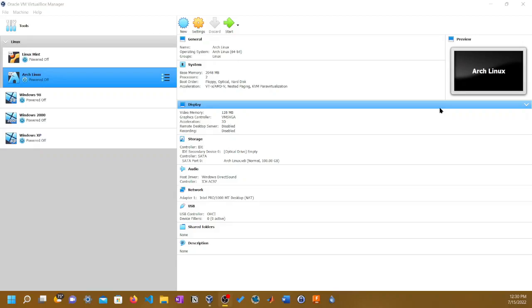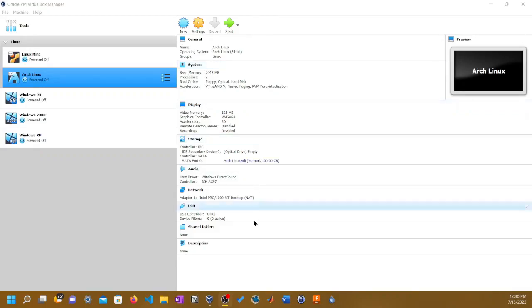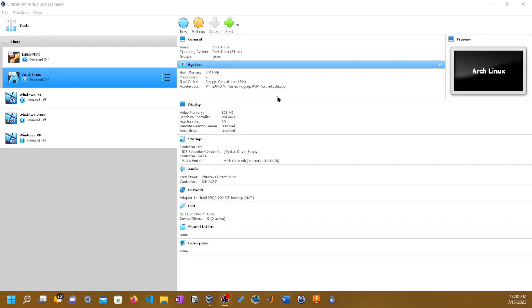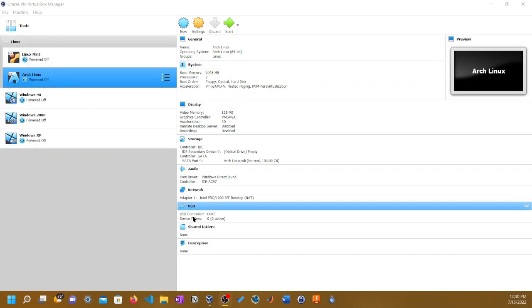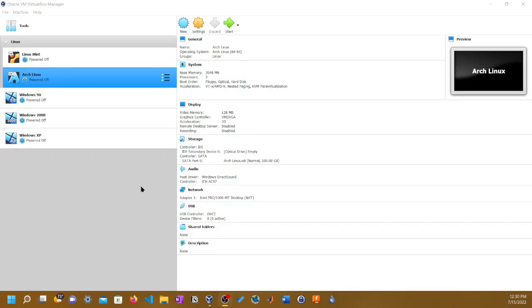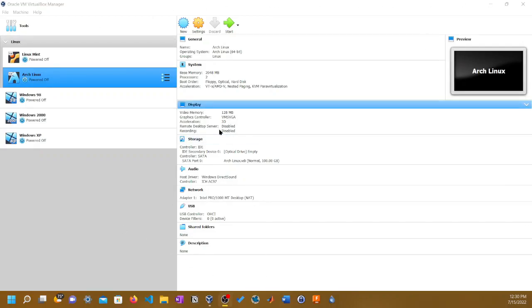I don't know what to say. I mean, I'm gonna reiterate it. It's really cool. And you can actually tinker around with different specs, but you gotta be careful when you do, because you have what is called the host. Basically, the host is the operating system that you're on right now, that is not running in VirtualBox. So basically, I'm running Windows 11 right now on my internal hard drive. That's the host.